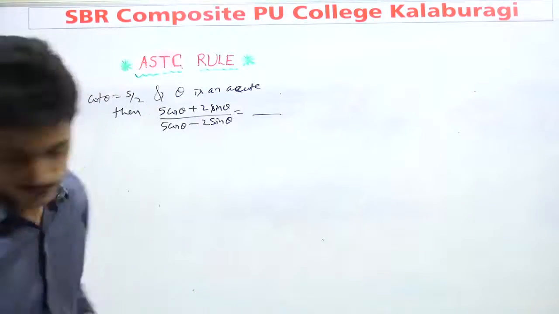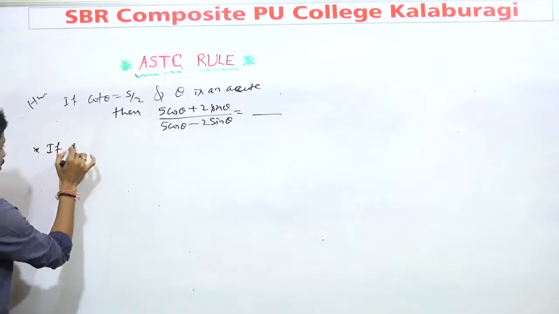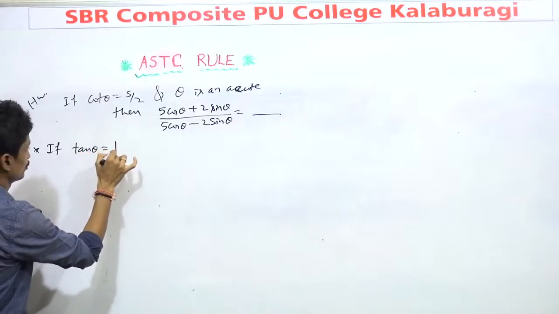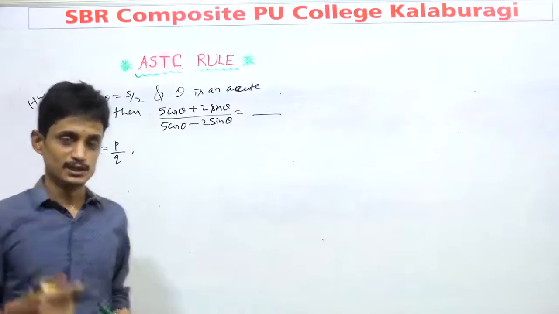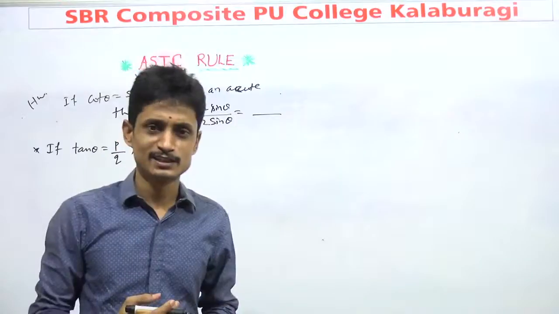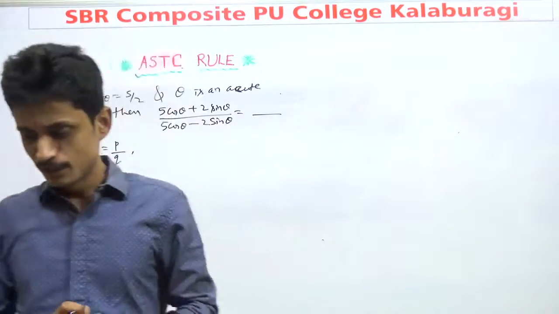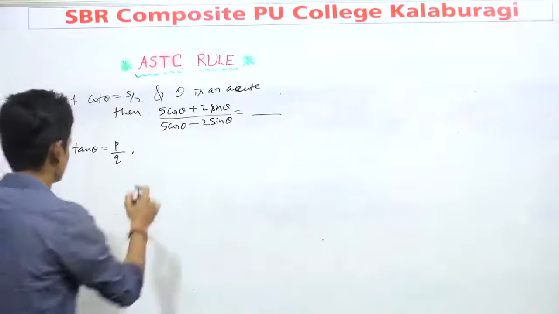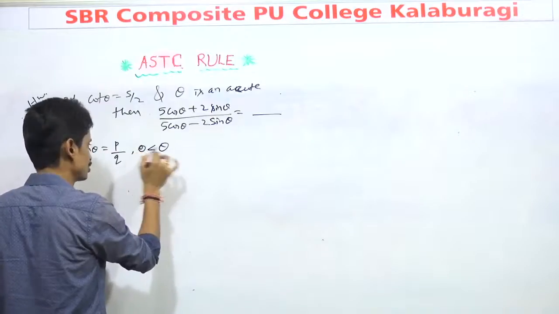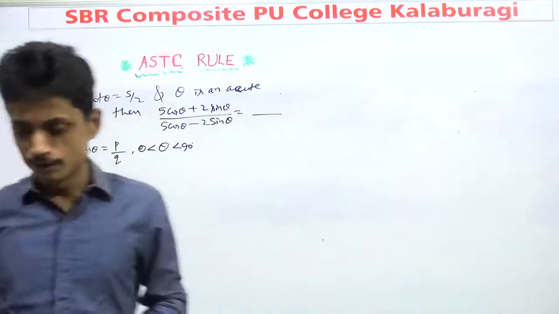The next question is, a general question: if tan theta is equal to p divided by q, small letters. Instead of numbers they are considering variables like p and q, which will be any real numbers, but the denominator will never be 0. Keep in mind, theta is an acute, and once again they are restricting theta, acute means greater than 0 but less than 90 degrees, no doubt about that.